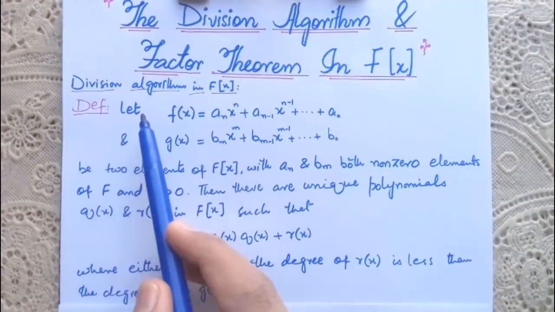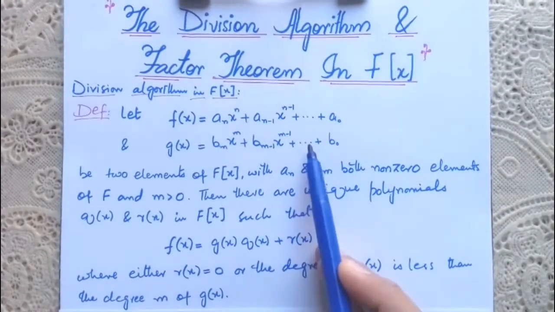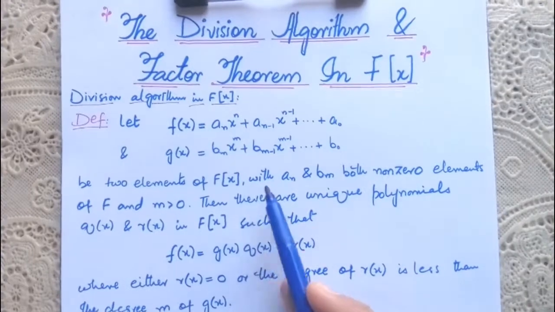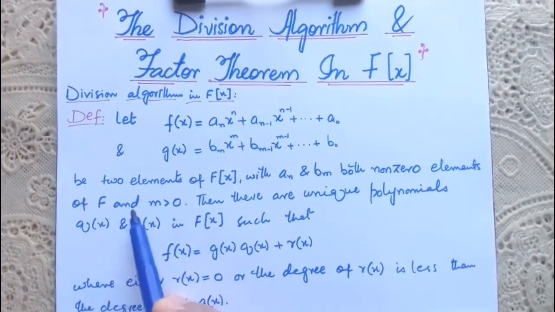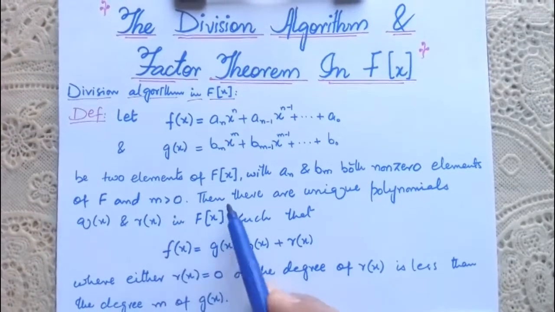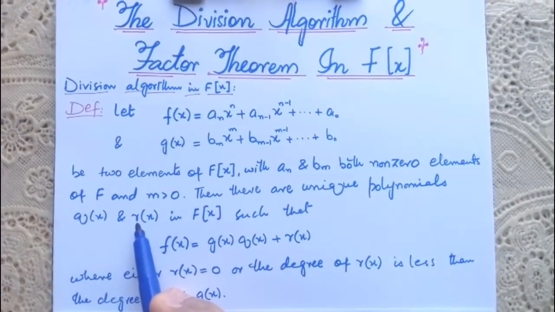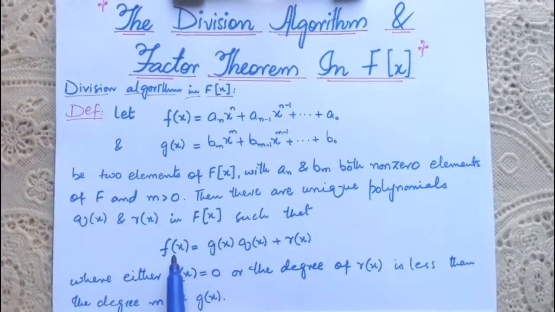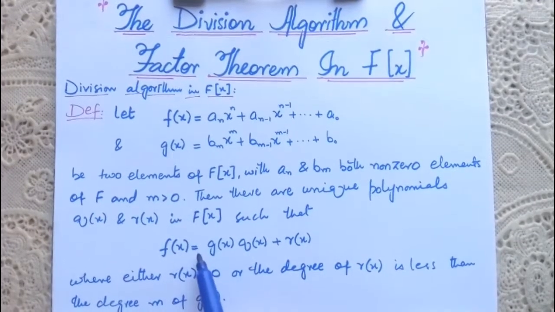So let's see the definition. Let f(x) be a polynomial and g(x) also a polynomial, two elements of F[x], with a_n and b_m both non-zero elements of F and m greater than 0. Then there are unique polynomials q(x) and r(x) in F[x] such that f(x), this polynomial, can be written as f(x) equals g